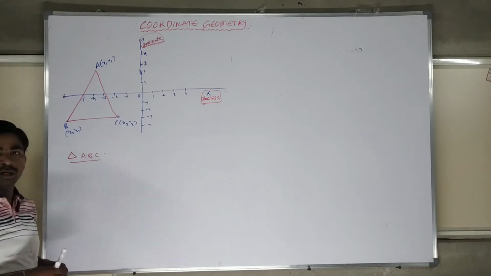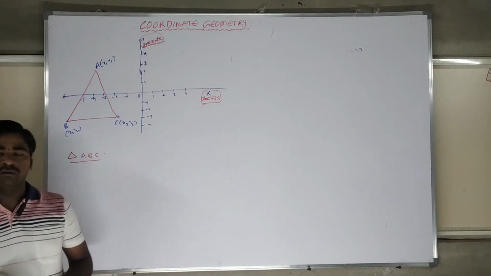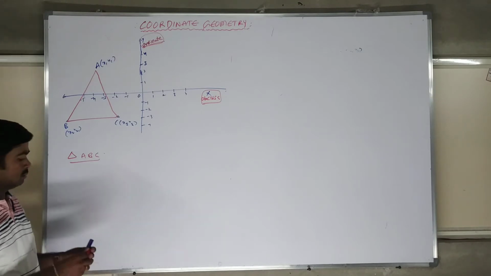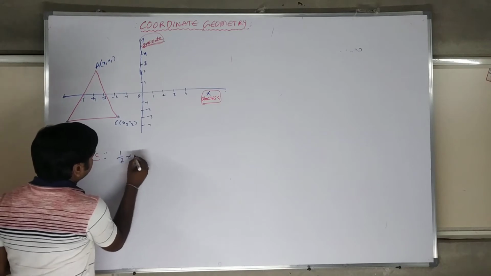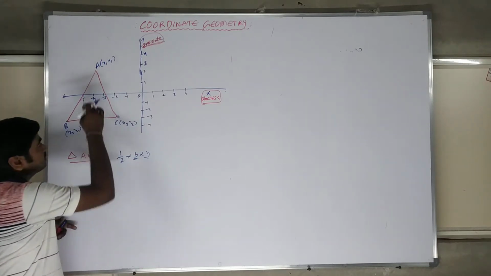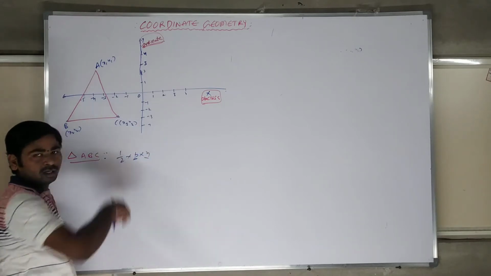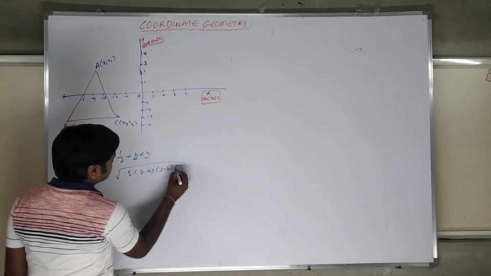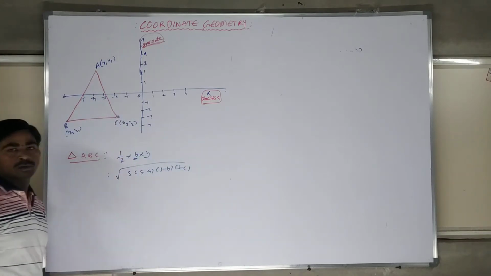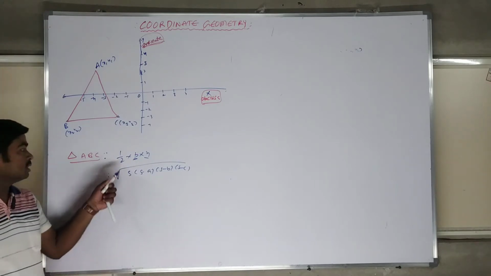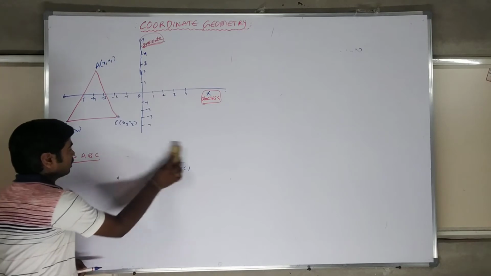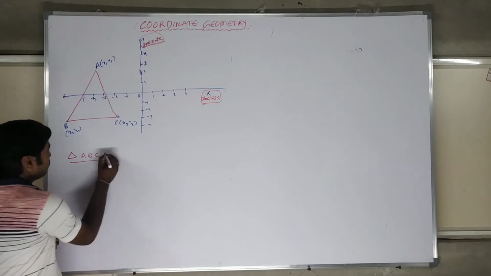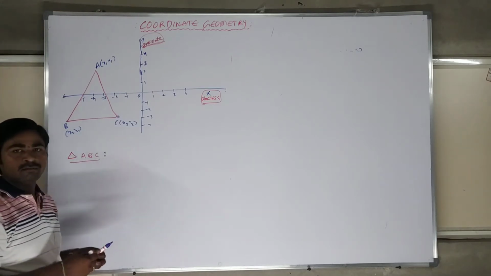So we want to calculate the area of a triangle. Generally, what formulas do we have? There are a number of formulas for the area of a triangle. Half into base into height. But to use that you have to know the base and height, and here there is no base and no height, only points. So this formula is not valid here. Sometimes there is Heron's formula, root of S into (S minus a), (S minus b), (S minus c). For that we have to know the distances of the sides, and here there are no distances. These formulas work with sides and heights. In coordinate geometry they will not give the distances; they will give the points and you need to find the area.